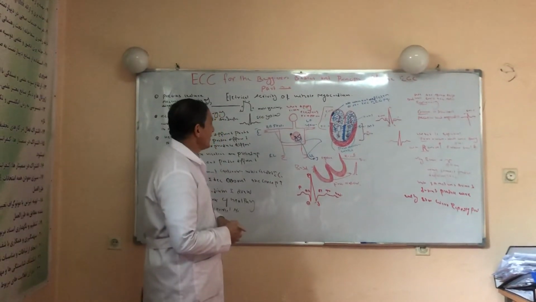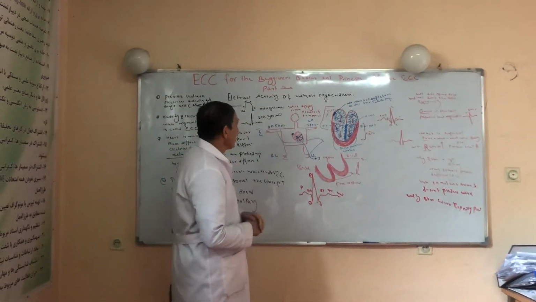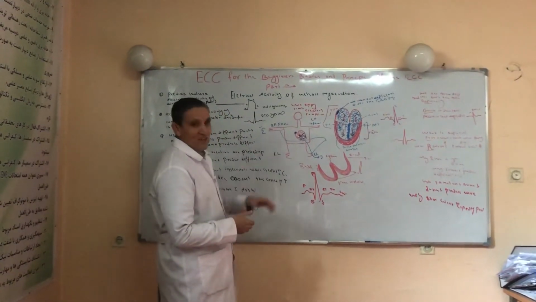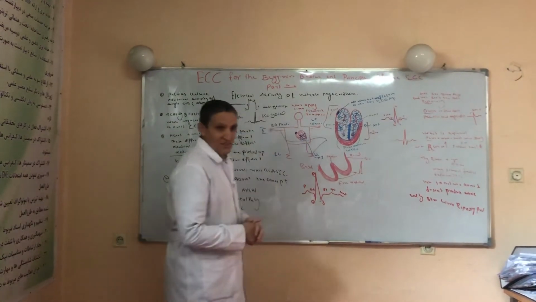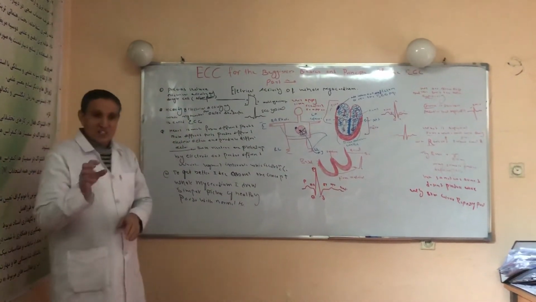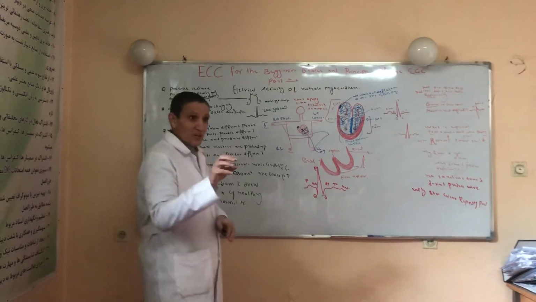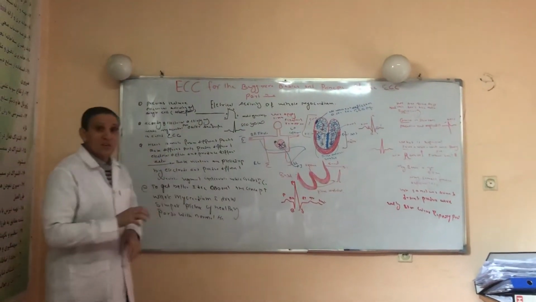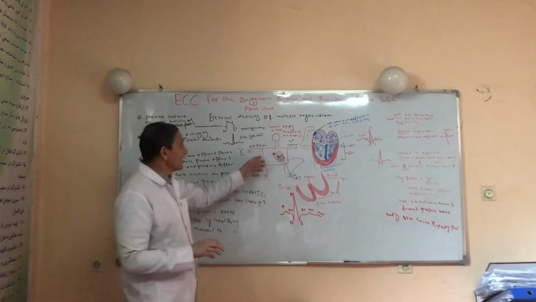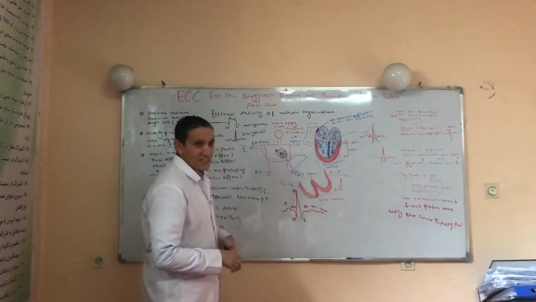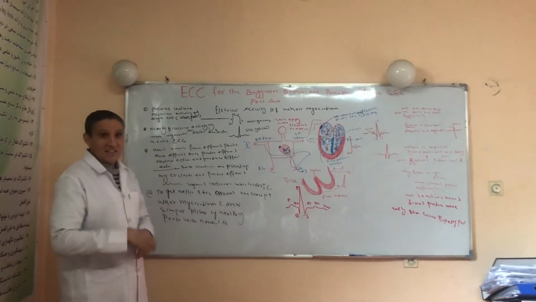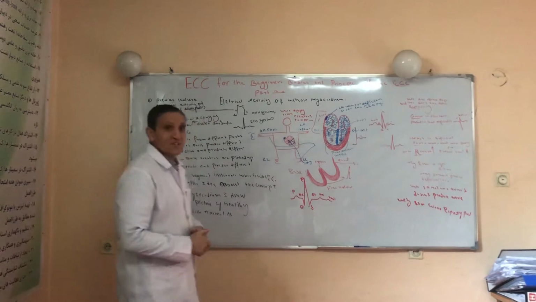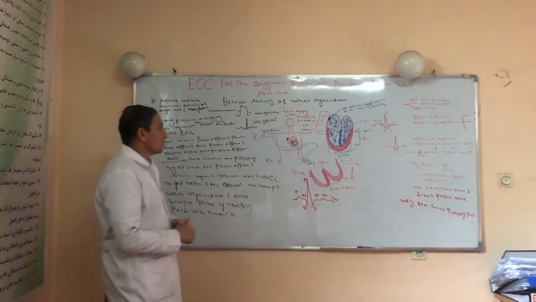After the SA node, you are coming to the right atrium and left atrium. We have understood why the SA node does not produce any wave or deflection, for two reasons. One is the small, tiny tissue. The second, depolarization of the SA node depends on the calcium channel, a slow channel. Because of these reasons, the electrical impulse generated by the SA node does not reach the skin, and the electrode does not pick it up. So the SA node does not produce any waves or deflection over the ECG paper.